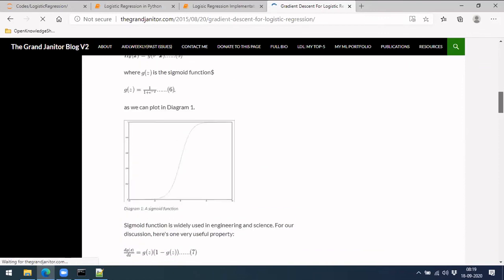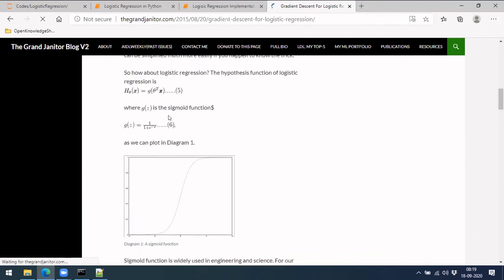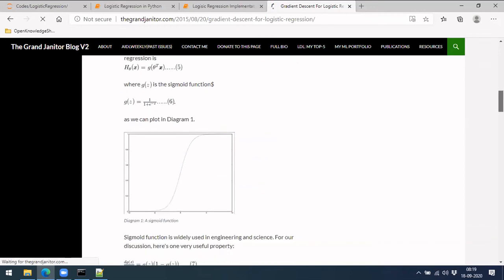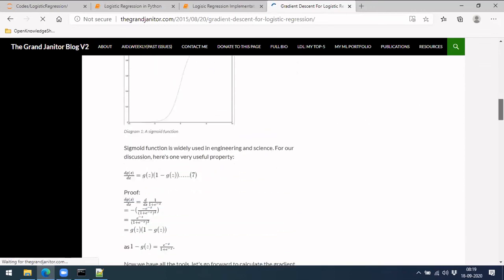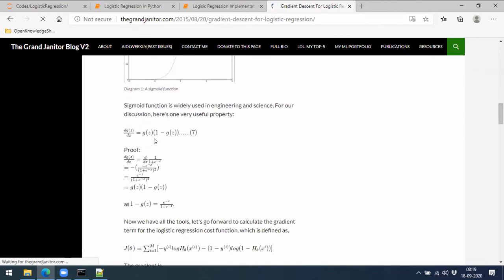So if you do a derivative for this, you'll be getting something like this. So finally your answer will be something like this. This is a proof given where you are doing derivative for 1 by 1 plus e power minus z.